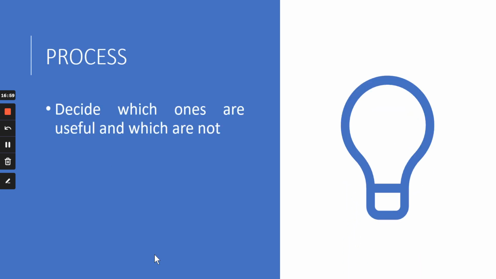Then after you have written every idea that you thought of, decide which ones are useful and which ones are not. So suppose you have written down five to six ideas about the topic. You are not going to use all the ideas that you have written on a piece of paper. You might use one or two ideas. That means you have to filter out some of the ideas that you're not going to use. Or I can say it the other way around: you have to filter out the one or two ideas that you're going to use. So you have to take a call now. You have five to six ideas before your eyes. You have to decide which ones will work best for you and which ones will not. So how to decide?